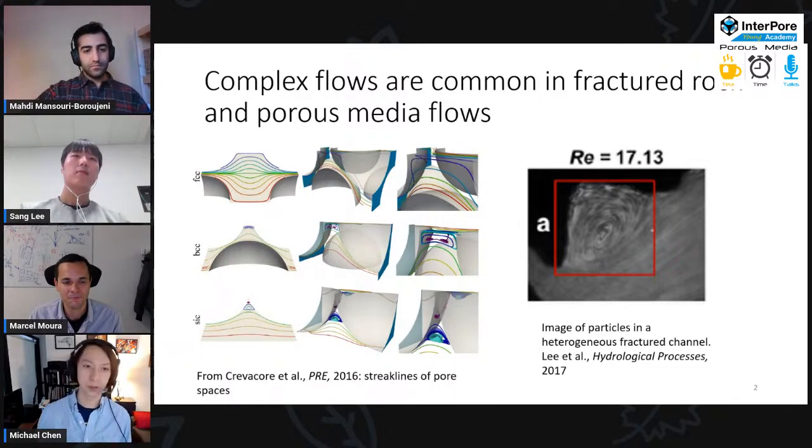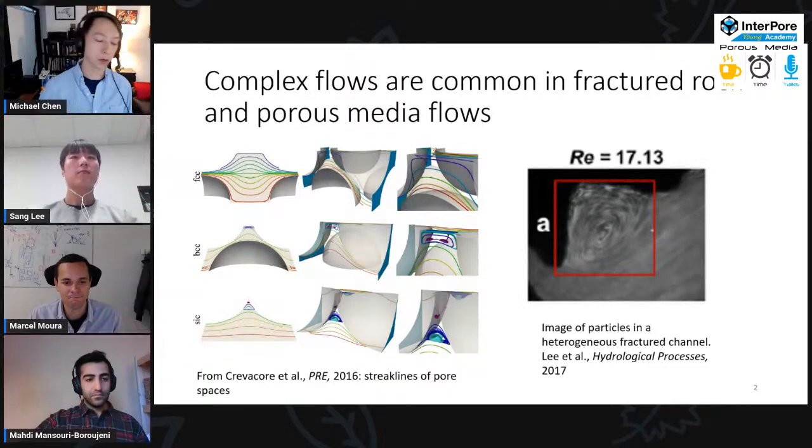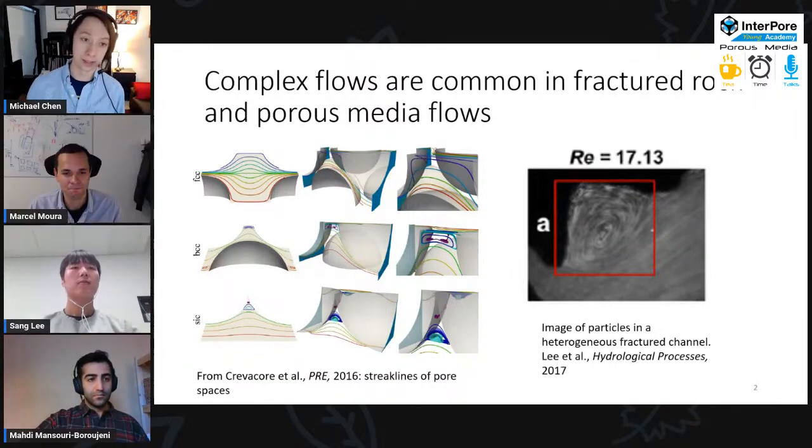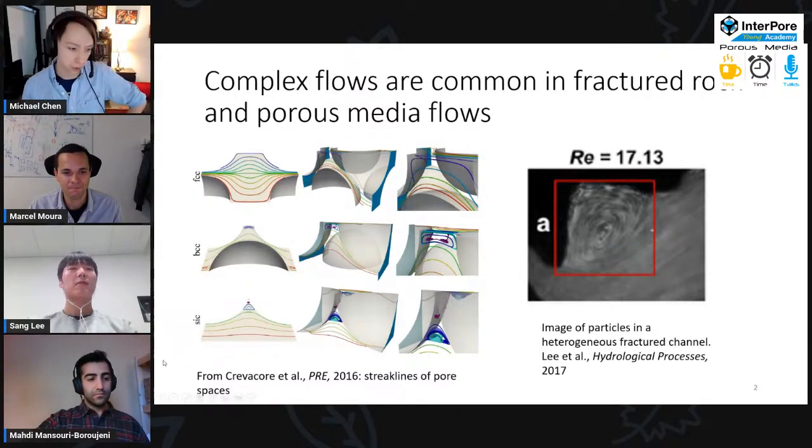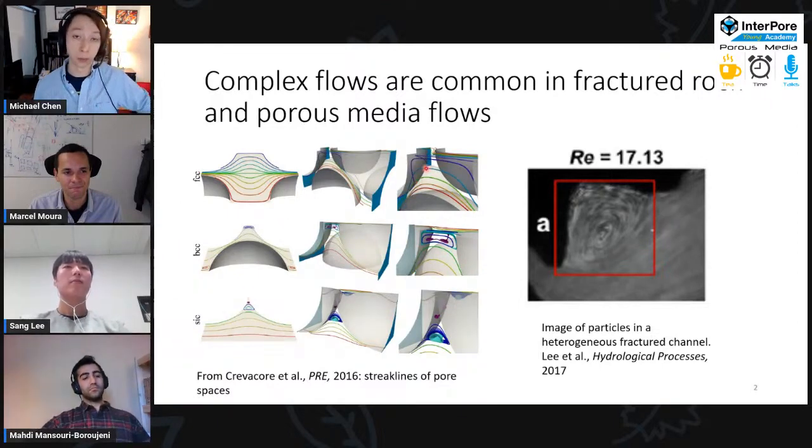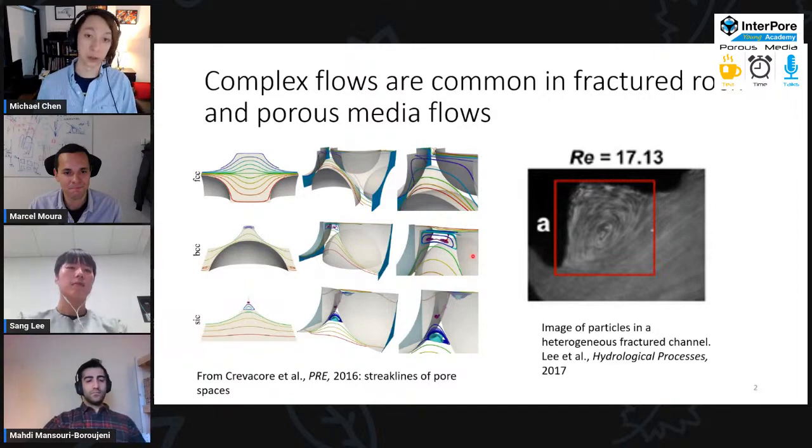When you study porous media flow, you think, oh, we're going to get Stokes flow, we're going to get streamlines whose complexity just matches the tortuosity of our bead pack or our fracture. But what has recently been shown, and let me turn on my laser pointer, is that even for these Stokes flow types cases,